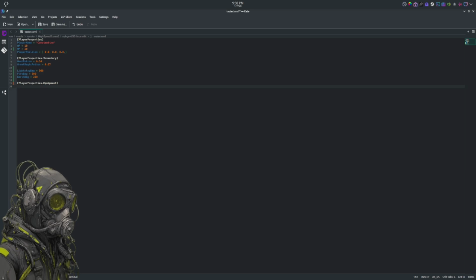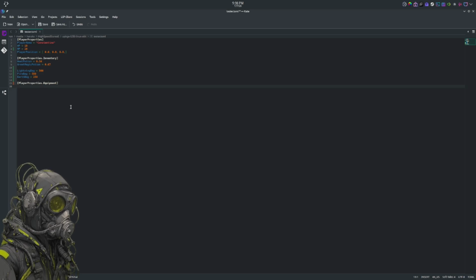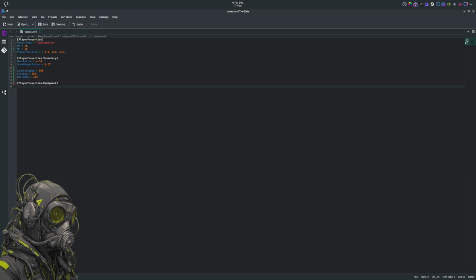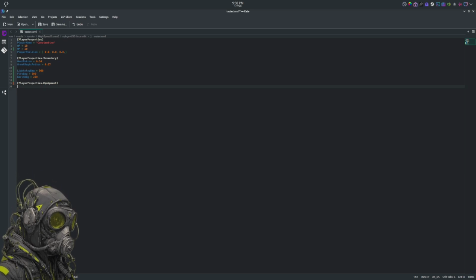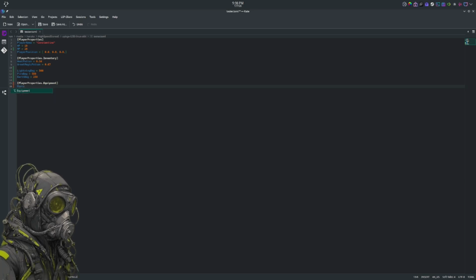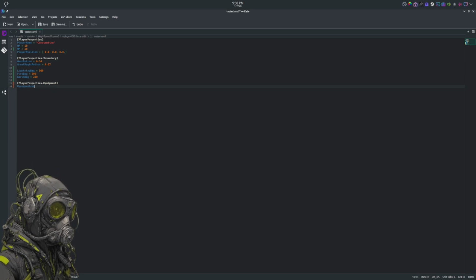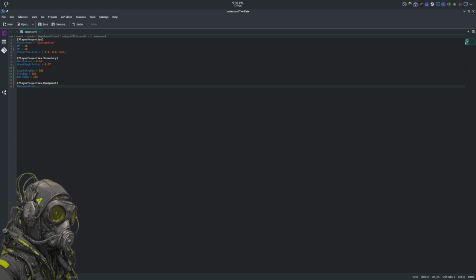And then player properties.equipment, and then we can do equipped armor is equal to